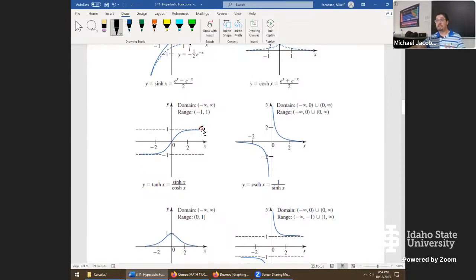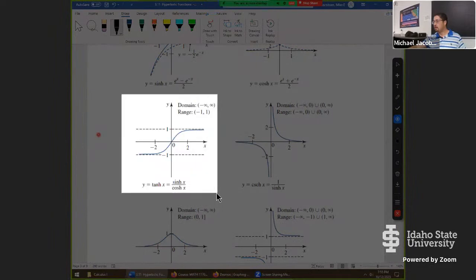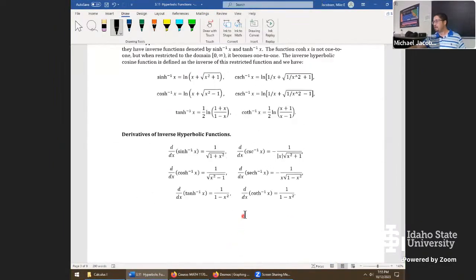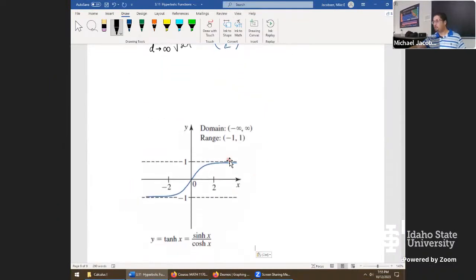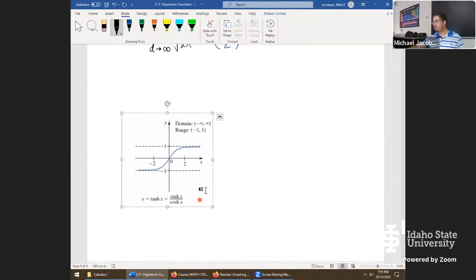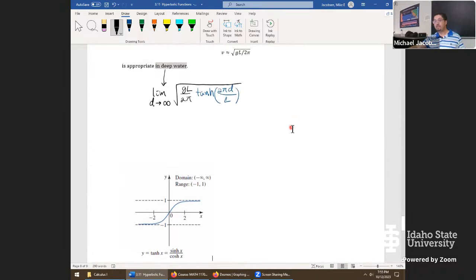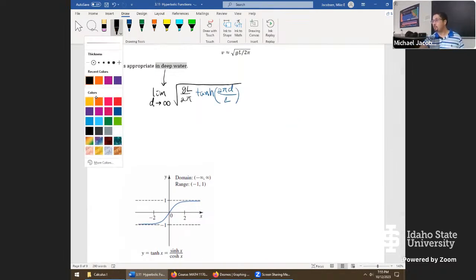Almost looks like a tangent inverse, but it definitely isn't. Let's go back down to our application and put this in as our hint on how to get across that limit. So looking at this graph right here,